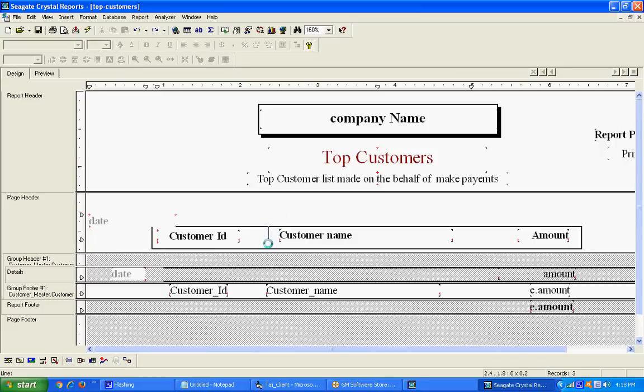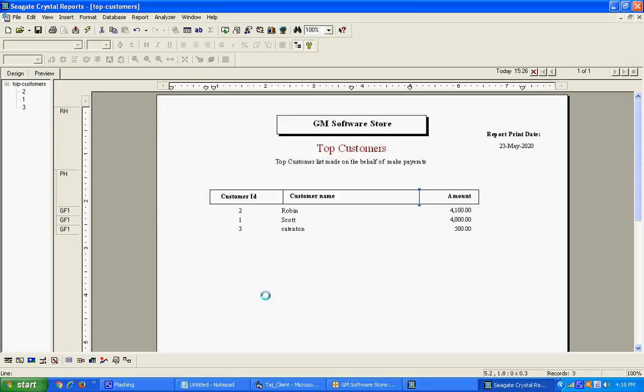Yes, see preview, done, made successfully. This is beautiful. Then the other payments, I think, no, okay. Save the program, and at this time we have successfully done.